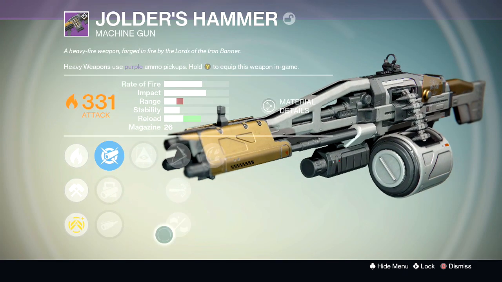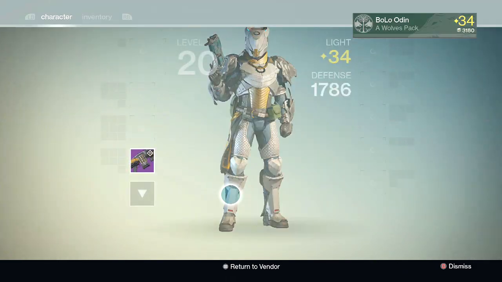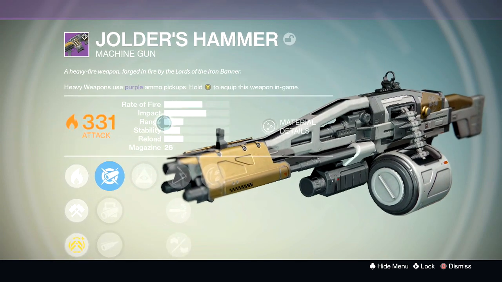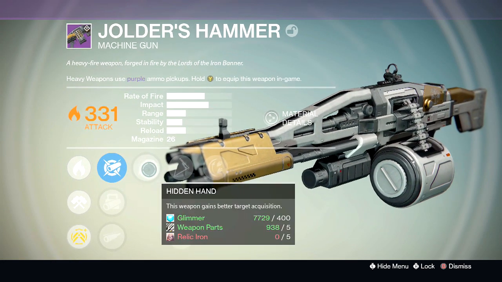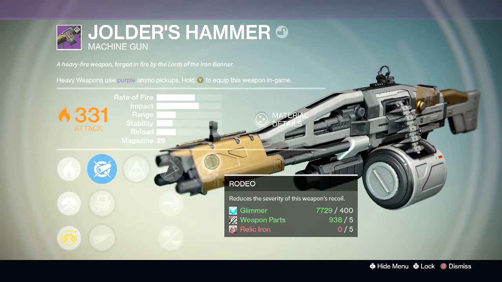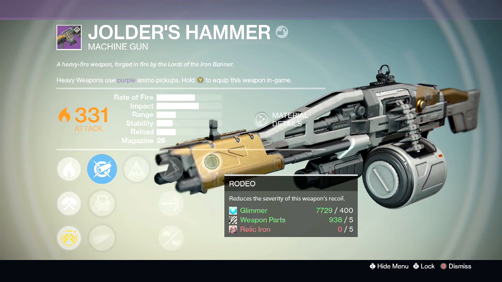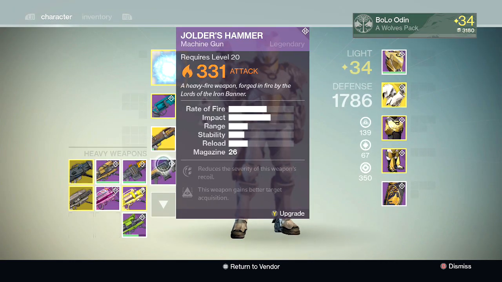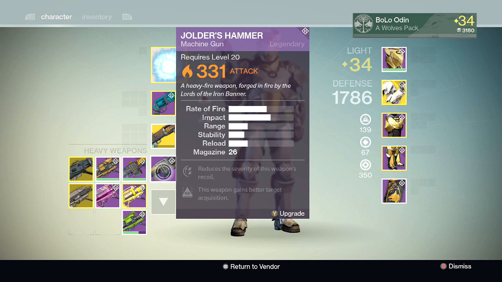I think this is going to be my roll right here. This is it. I think this is what I'm going to end up staying with. I've got the extra damage, the better target acquisition, the faster reload on top of the better stability, or reducing my recoil. So that's it, guys. I think this is really an amazing